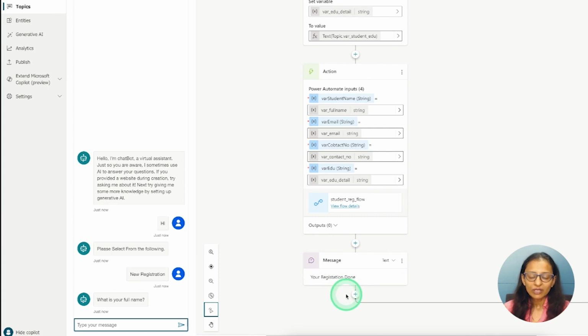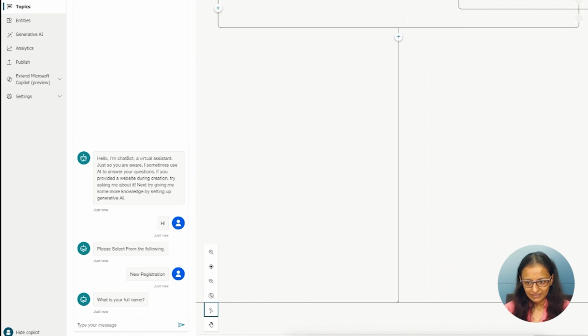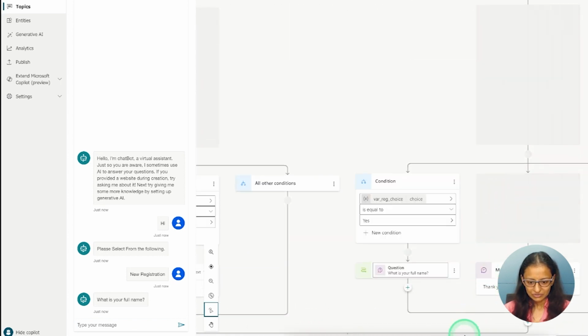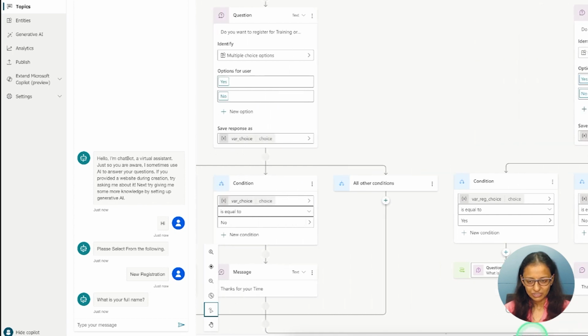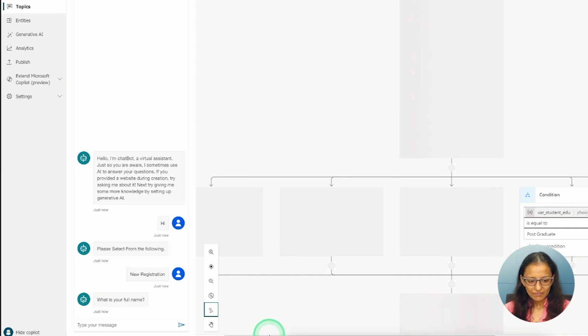But after that, I want to ask the students whether they want to register for training or workshop. If yes, that process we have already defined here for the already registered student. So the same process I am going to do here.